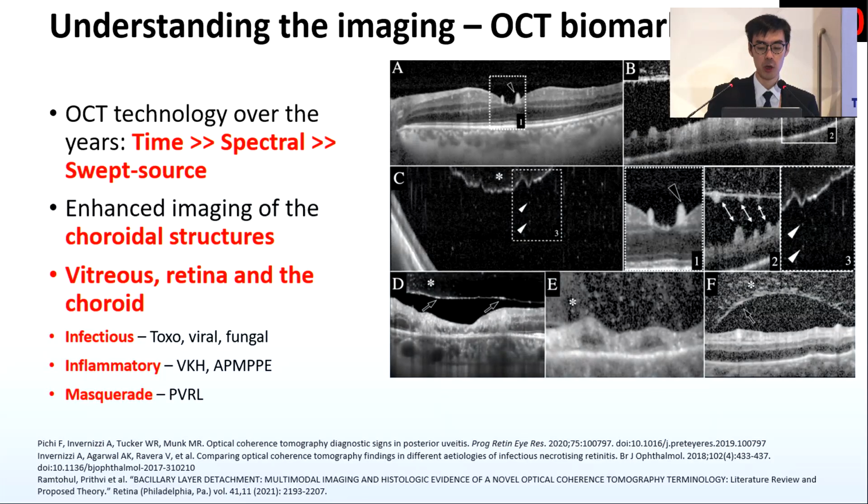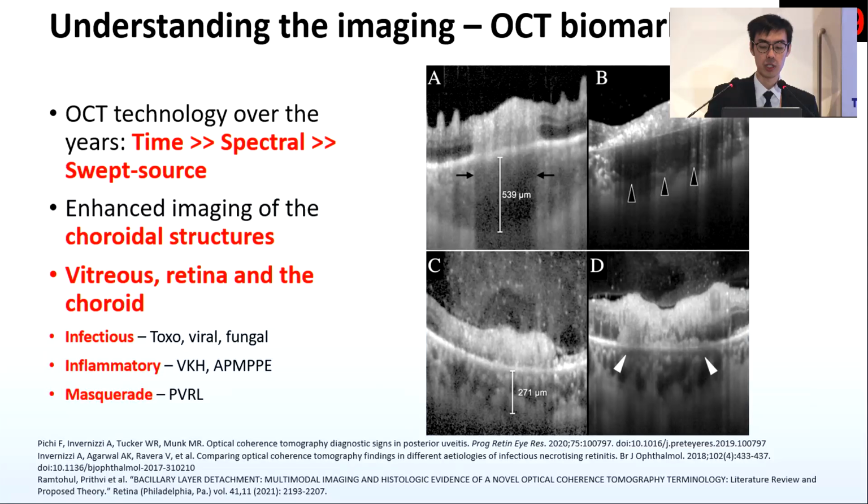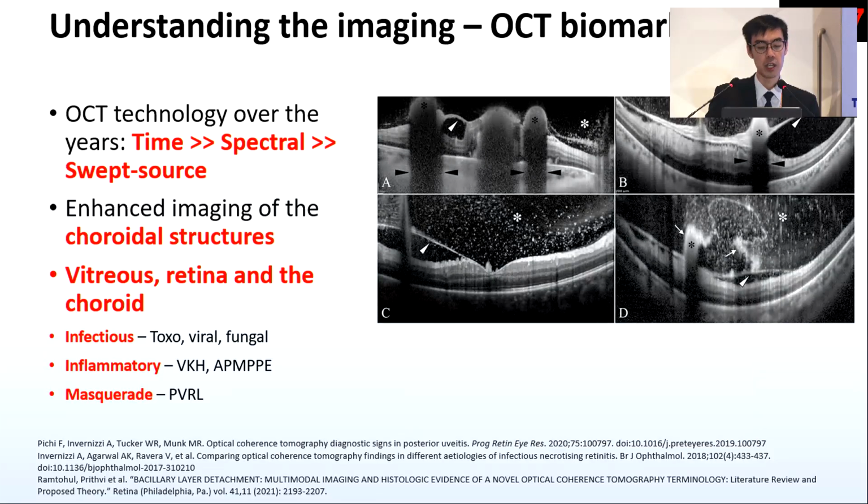From the infectious portion, you have the pre-retinal as well as retrohyaloid deposits that try and differentiate between toxo and viral retinitis. Here again, you see the choroidal involvement in A and B panels, signifying a more likely toxo cause, as opposed to C and D, with the choroid relatively spared and more likely viral retinitis. Here you can see the rain cloud sign in fungal endophthalmitis.